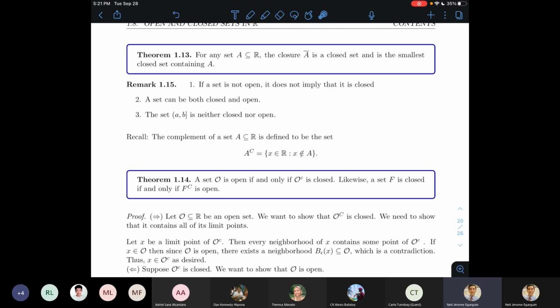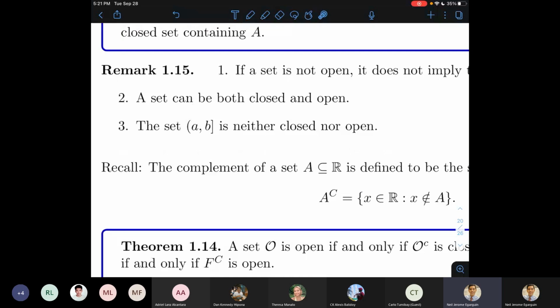Hindi siya closed kasi hindi niya kino-contain lahat ng limit points niya. Remember, we knew that sa isang open interval, yung boundary ay laging limit point. And that is also true for half open and half closed interval. A is a limit point of this interval, and yet A is not in the set. So that means this interval doesn't contain all of its limit points. For instance, it doesn't contain A, which is one of its limit points. So this guy is not